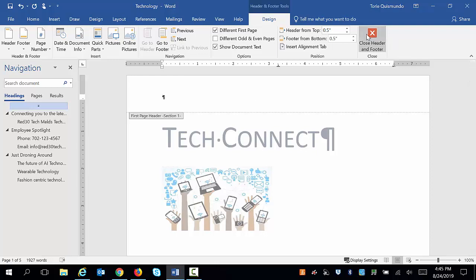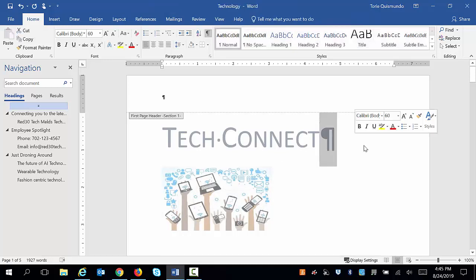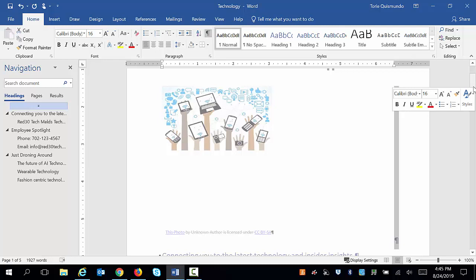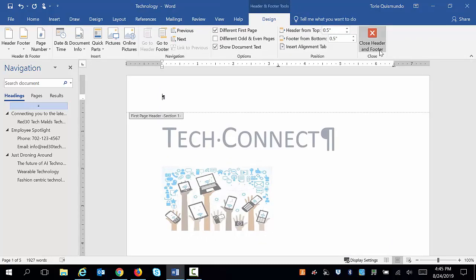So I can close out of my header footer using this button, or I can simply double click and it will take me out of my header. Oh, I've got so many things going on down here. There are so many items in here, it doesn't want to allow me to double click, which is fine. So I'll say close my header and footer. Okay,